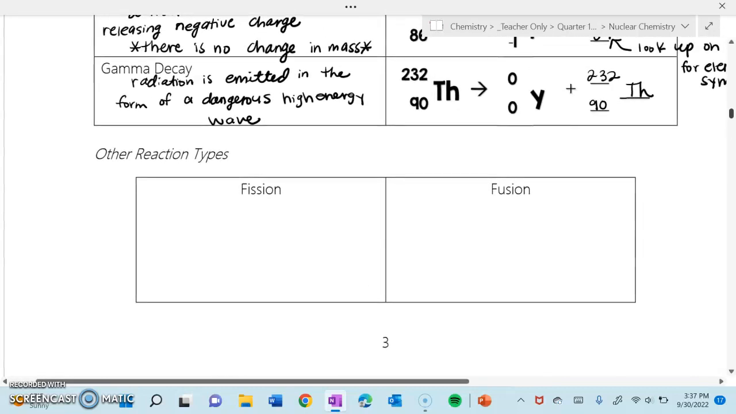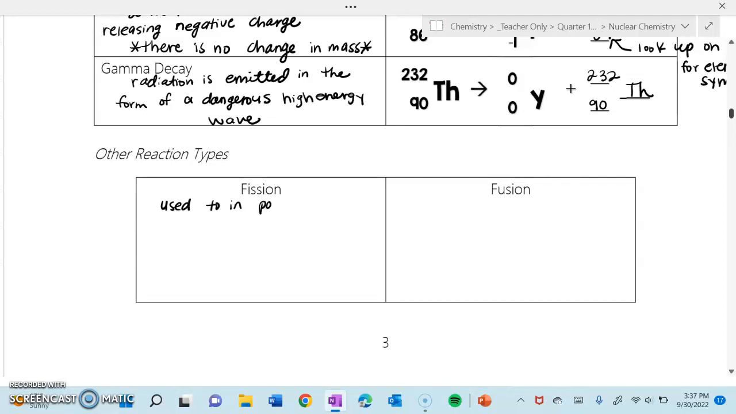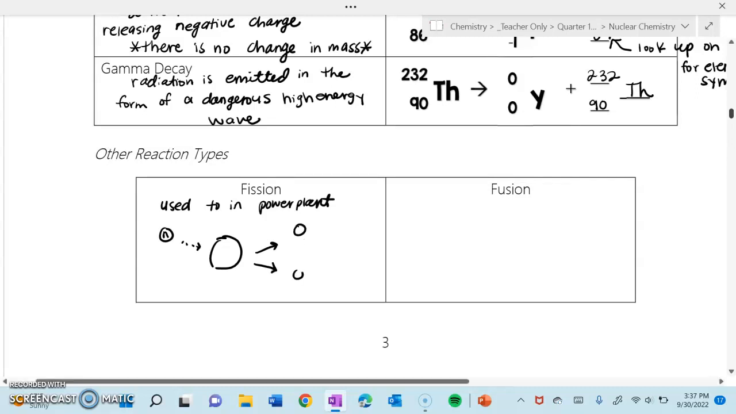Fission and fusion are the last two types of nuclear reactions, and fission is used actually in power plants to get nuclear energy. And the way that this works is they take an unstable atom or radioisotope, and so it's going to be a really large atom, and they hit it with a neutron. And what happens is lots of energy is released, and our big atom is split into two smaller. So this is the division. Fission is division of a large nucleus